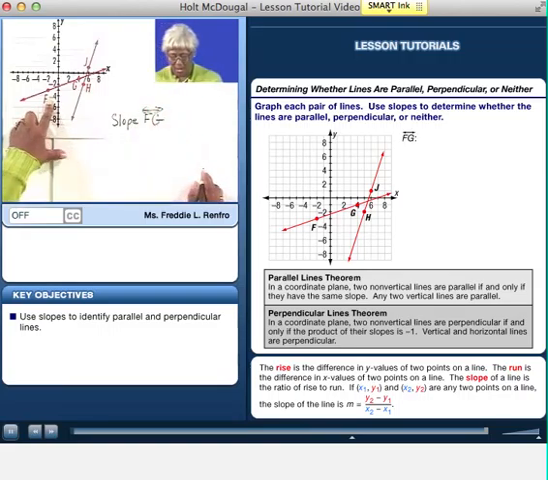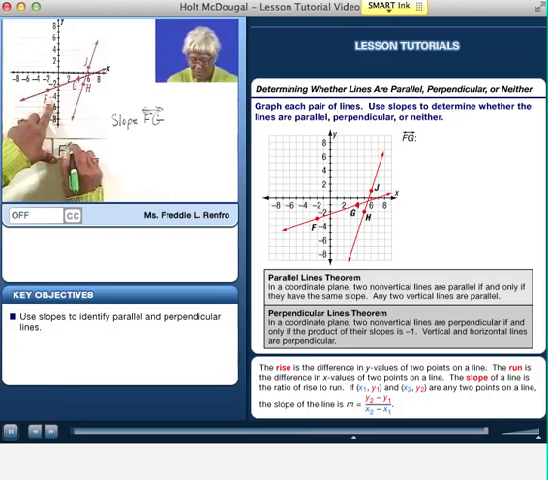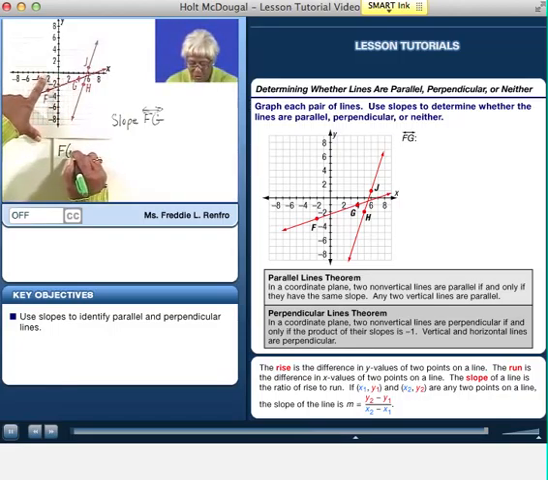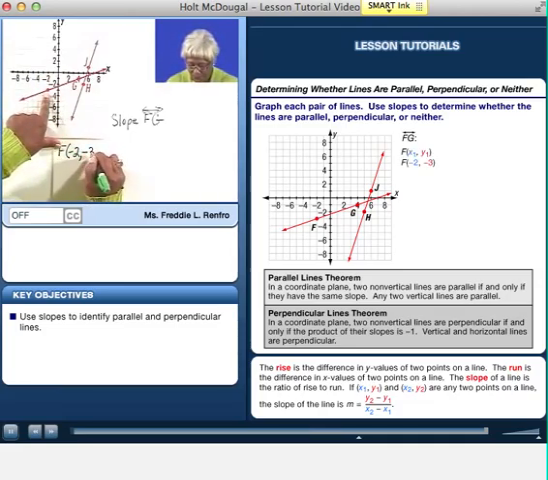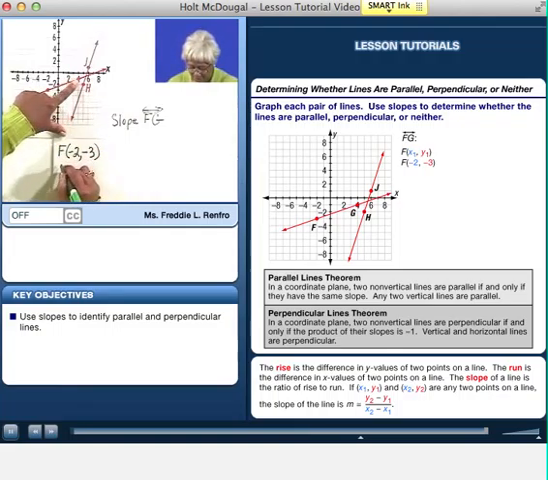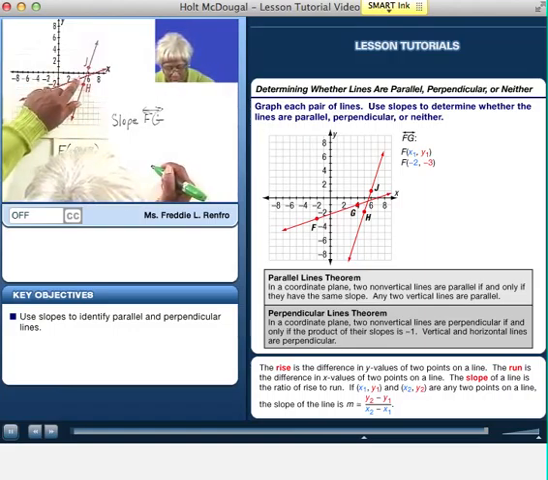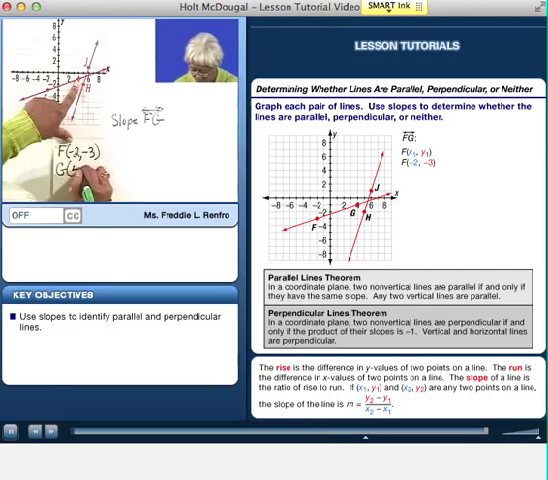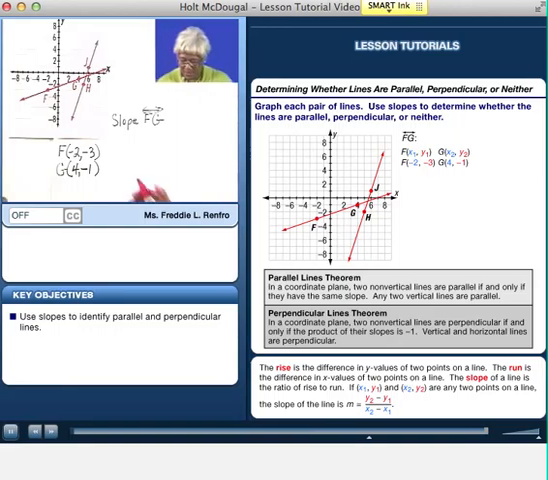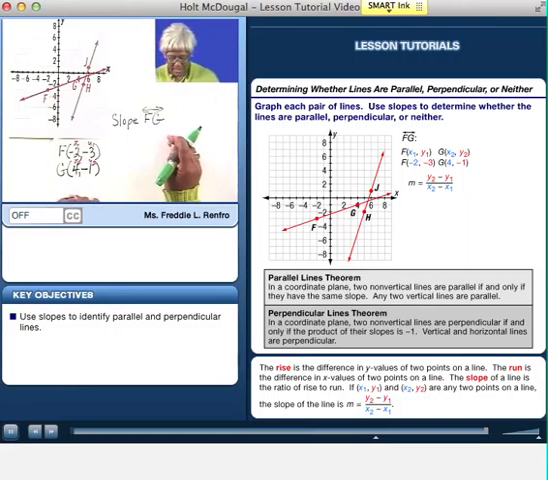The coordinates are, I'll put them here, F is -2, down 3, and for G, the coordinates are 4, -1. Okay. Let's do this. X1, Y1, X2, Y2. Okay. Now, the slope of FG is equal to,